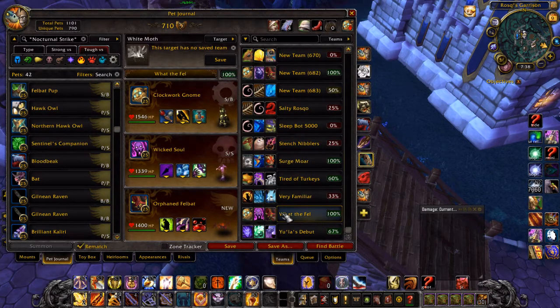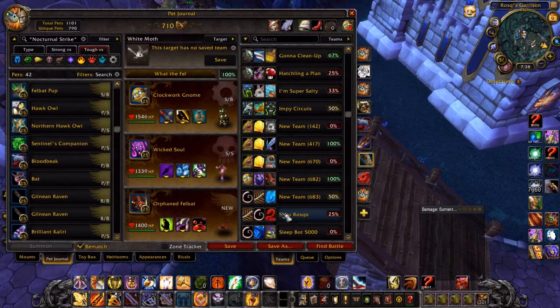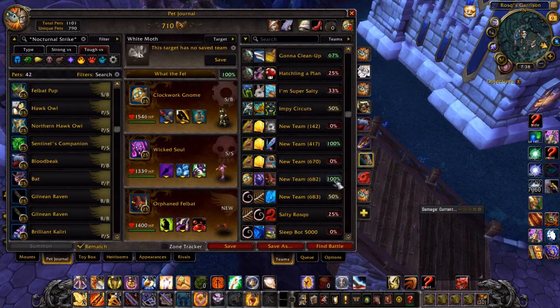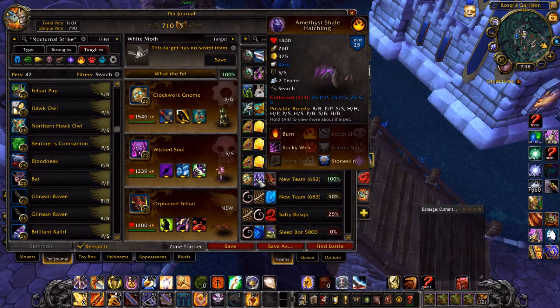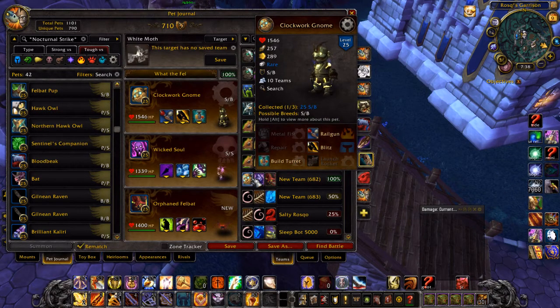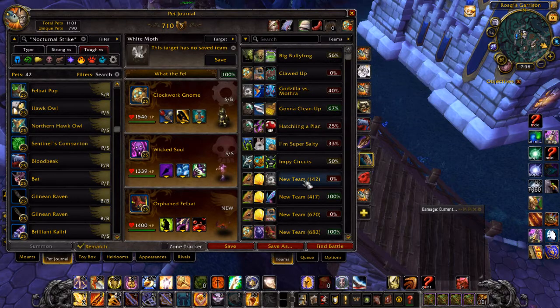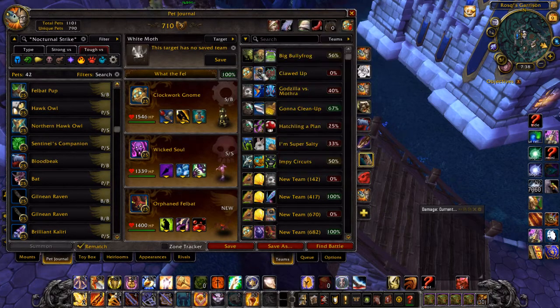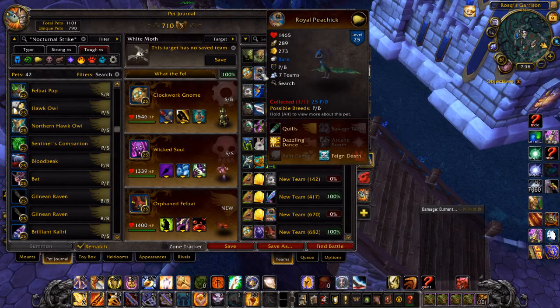I had been trying out some other teams. There's one where I've used the Shale Hatchling here, and that won. It was actually a very close matchup with the Clockwork Gnome. And then I tried this. I've had no luck with this Royal Peachick whatsoever. I've seen Lenoka use it really well, and when I try, I'm just not managing to get the plays off that he does. But